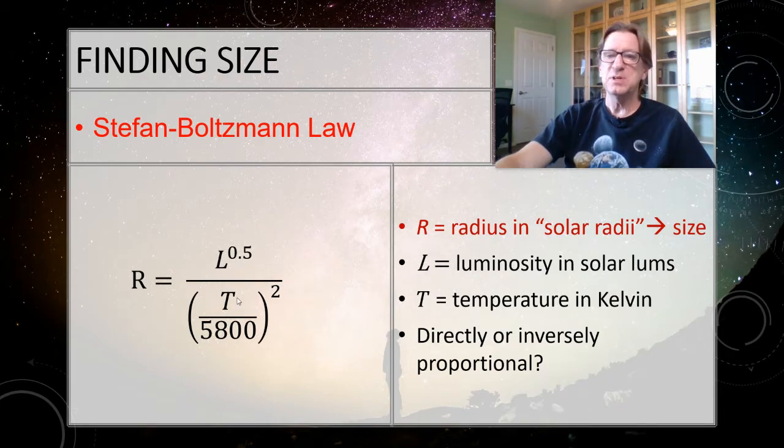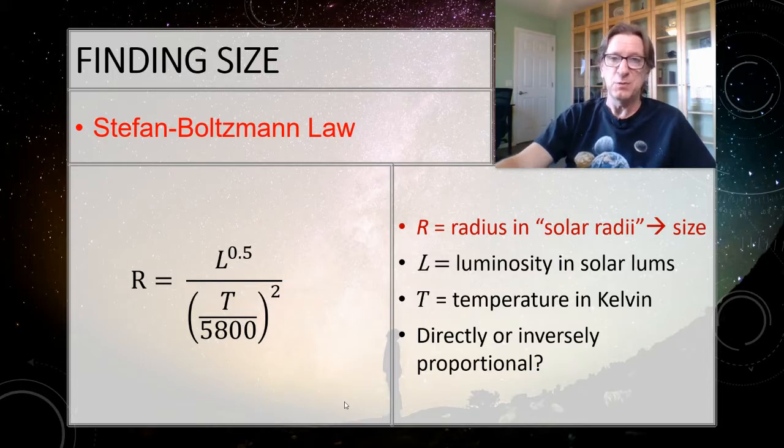T then must be measured in Kelvin. Now, don't get confused. You've got to do T divided by 5800 first, then square it. So don't just square the T. The parenthesis means you have to do that first. What I often suggest students do is work out the top, write it down. Work out the bottom, write it down, then divide it. If you do that, you'll almost never make a mistake with parentheses.